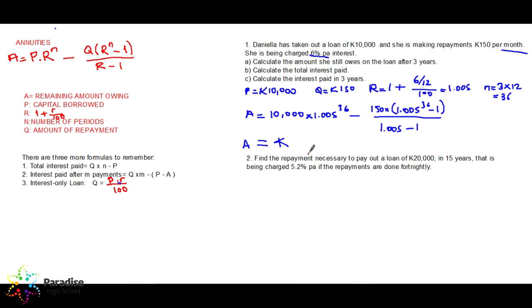so the answer will be, you still owe... okay, let's do it again. Let me see. Oh, we made a mistake in our calculation. Let me calculate it again. 10,000 times 1.0